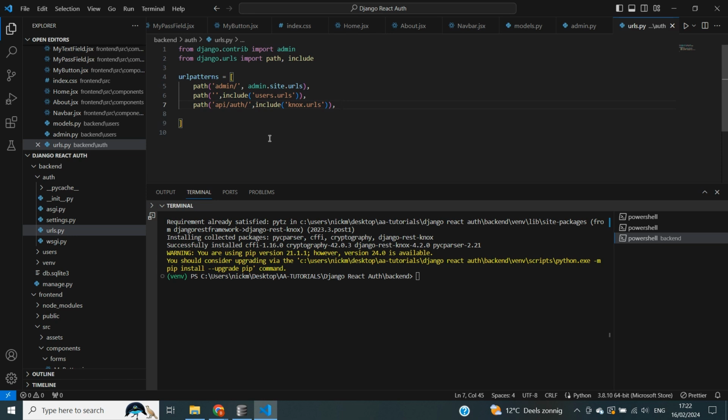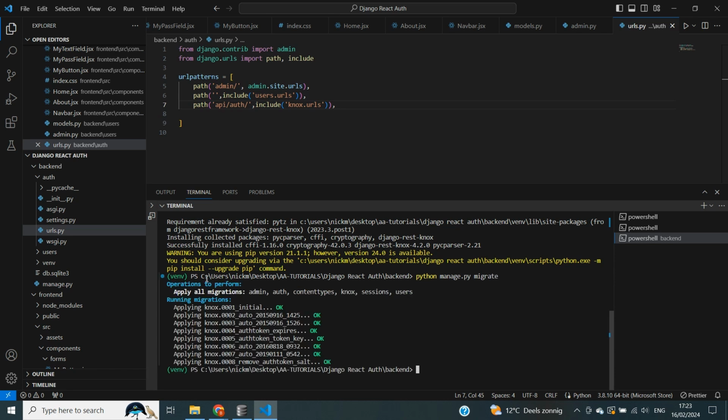And that token is going to identify whether a user is authenticated or not. Now, of course, our database also needs to store these tokens somewhere. And to store them, Knox has provided a few models that we need in our database. So inside of our terminal, we're going to do python manage.py migrate. And you now see that it has applied all of the migrations and all of them are